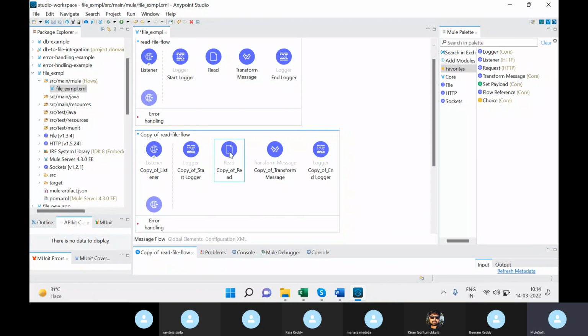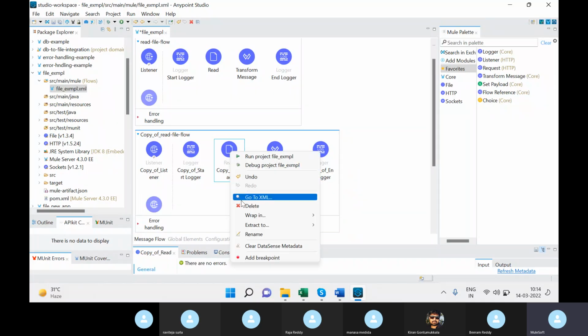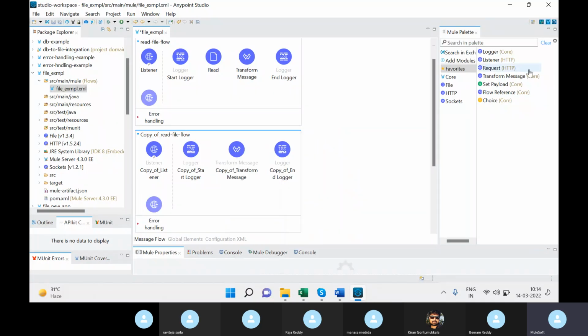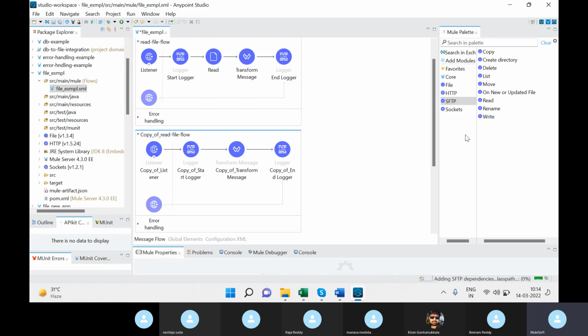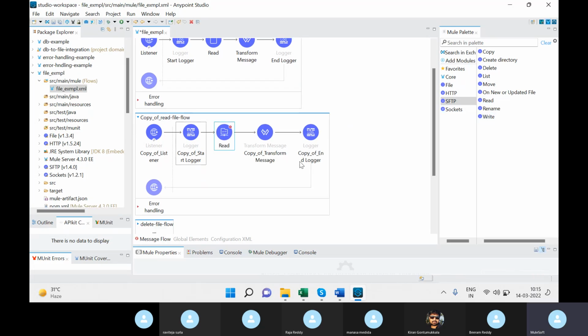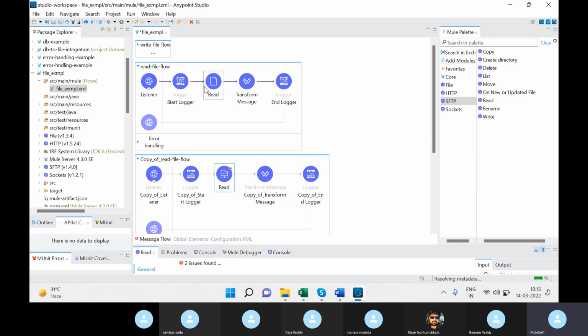So here, instead of the file connector, I will use the SFTP. For that I need to include the SFTP module into my project. In this way you can add the module. After that you can use this read operation. So everything is the same. Local, if you want to read a local file, you will use the